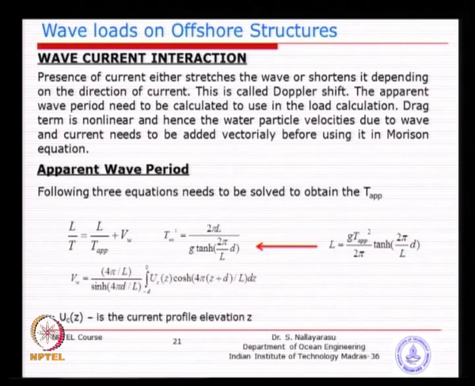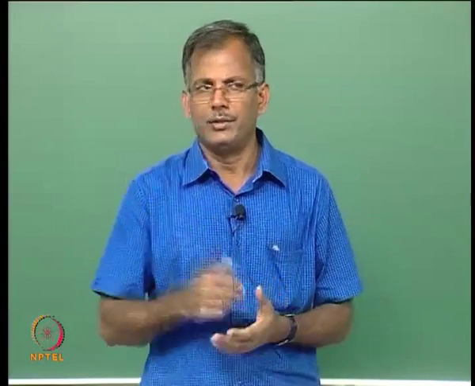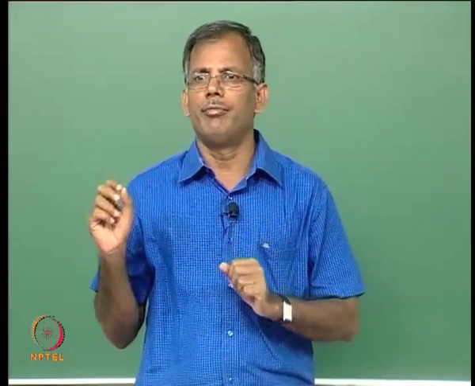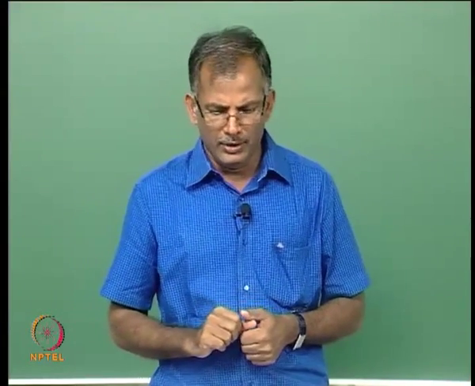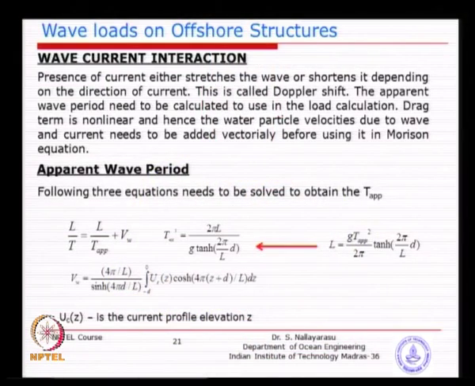The next one is the Doppler effect, which we need to spend a little time on. Now you have seen the Morrison equation, which has the drag component and the inertia component, and in that the velocity is a combined velocity from the wave and the current. We need to add the current, because at every location, every offshore field, you may have sea waves and you may also have the sea current, and potentially the API or any other code is asking you to apply them in the same direction, though sometimes you may have different directions.